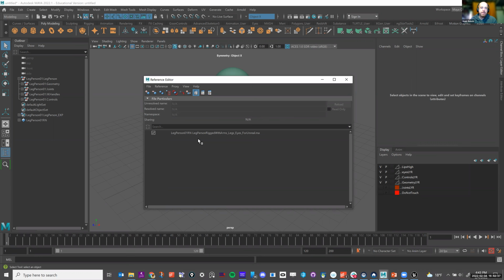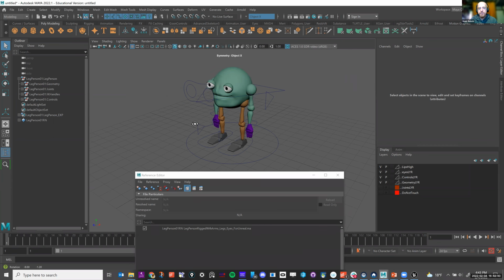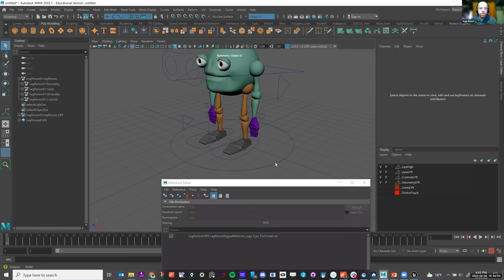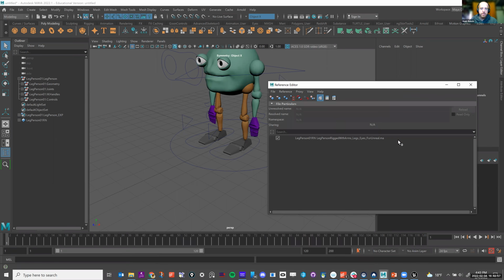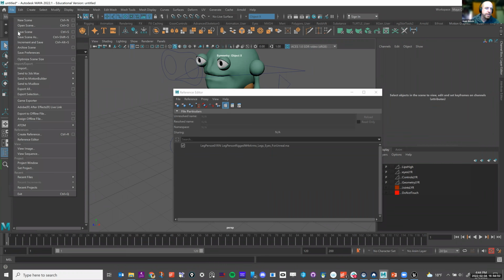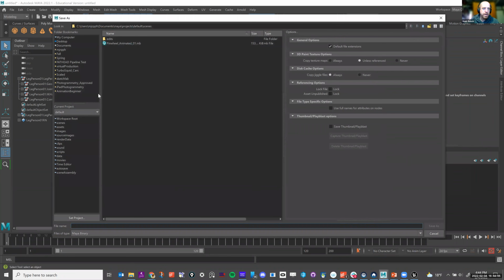One of the things I was saying is that the scale of my character right now is very small, right? Well, actually, I'll just leave that for right now. We have one character. Just know that I have this folder. I'm going to do a file, and I'm going to save this scene. Save scene as... what folder did we call this? We had animation start. So I'm going to create this animation start, and I'm going to do the same thing that I did before.